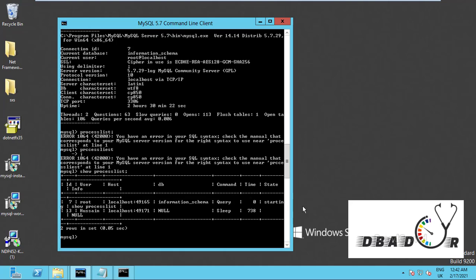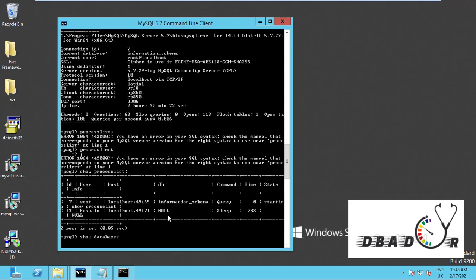So this is what we have to verify. Okay, so we have checked till now the process, how to check the process, who all connected in the server, and how to check the status of the server, whether it is up or not, and from where it is connected. All those things we have covered till now. So directly we can jump into database creation.